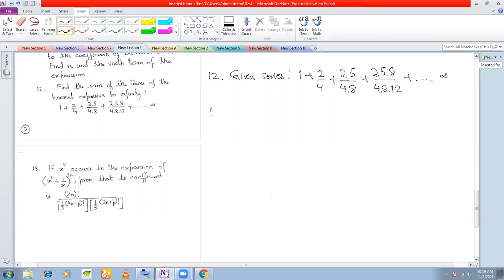So what I do here is, because we want to approximate this series to a binomial expansion, we take 1 plus 2 by 4 plus 2 into 5 by 4 into 8 plus 2 into 5 into 8 divided by 4 into 8 into 12 plus up till infinity. Let it equal to 1 plus x to the power of n. Okay, we'll find out the value of x and n. Okay, so how do you find out the value of x and n? In the next step, what you do is